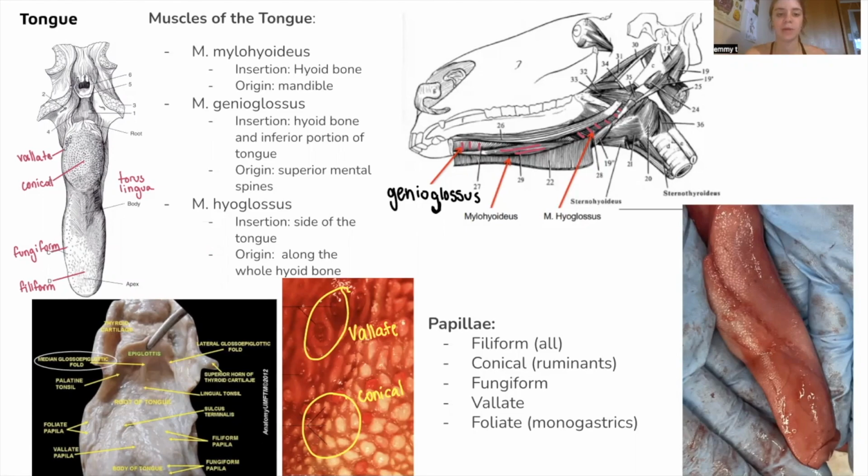Next, we have different types of papillae, which is the filiform, which is found towards the apex of the tongue, the conical found in ruminants, which is found between the body and root of the tongue, the fungiform, which is found between the body and apex of the tongue, and then vallate, which is also found between the body and root of the tongue. The last type of papillae is foliate, which is only found in monogastrics,